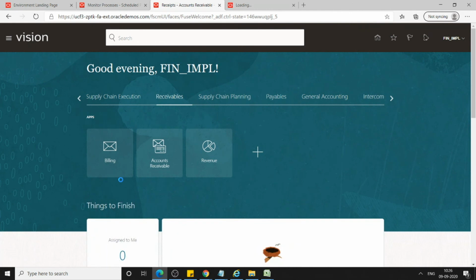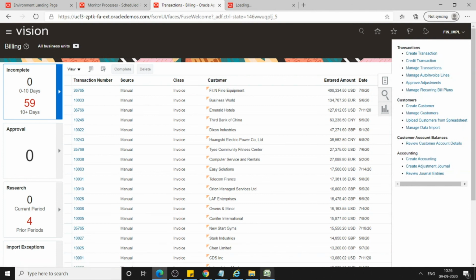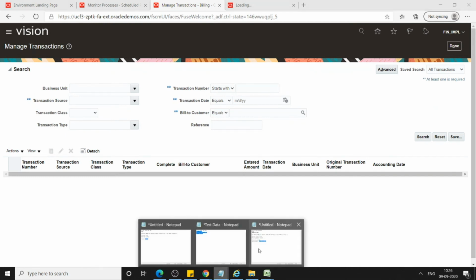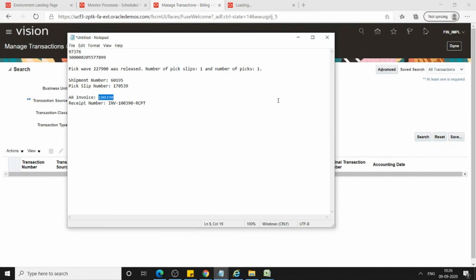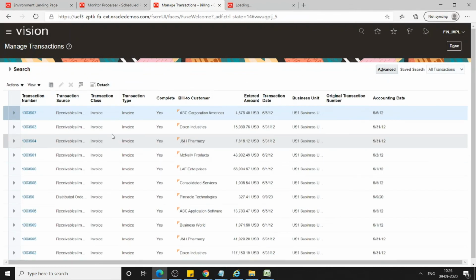Go to billing. Click on manage transactions. Enter the transaction number. Click on search. Okay, see, ours is the US one business unit.